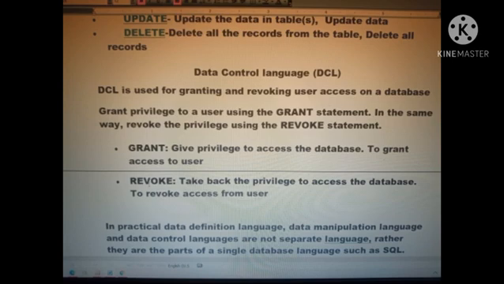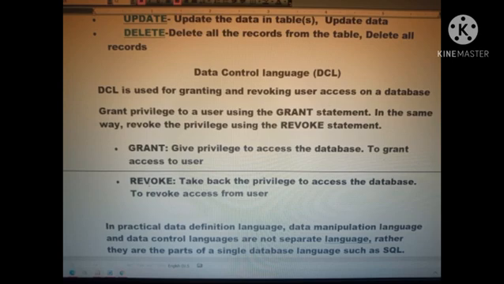For example, when you are giving access to the database, granting permission means we can give the permission to alter our database, alter our table. You can delete the table in the database. You can rename the columns in the database. We can give permission to insert data, update data. For giving the permission, we are using the grant command.